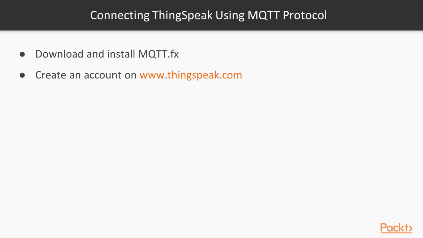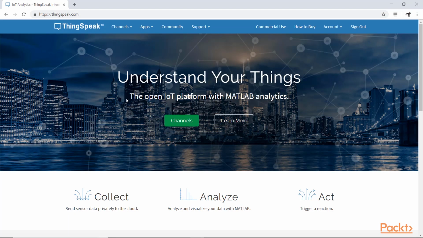Now we'll see how to connect to the ThingSpeak platform using the MQTT protocol, and for that we'll use MQTT.fx as the MQTT client. First, we need to download and install the MQTT.fx tool, and also we need to create an account on www.thingspeak.com. Here we can open the ThingSpeak platform in the web browser, and we can log in if we have an account. If you don't have an account, you can sign up and create a new account, and then go